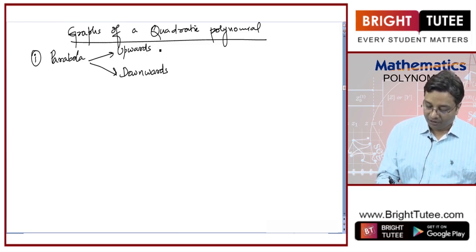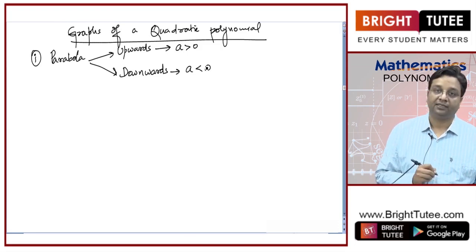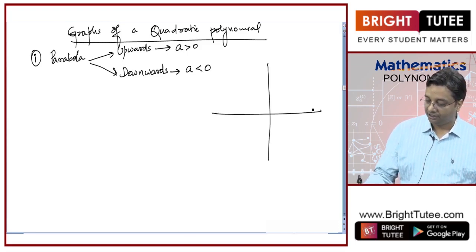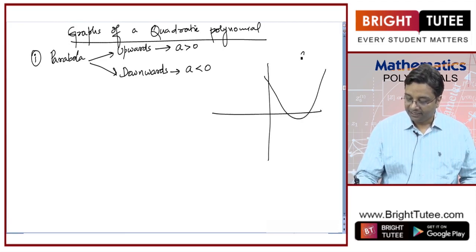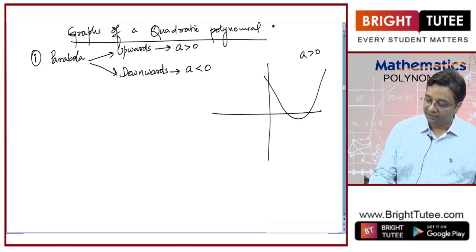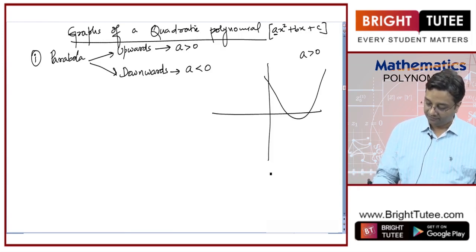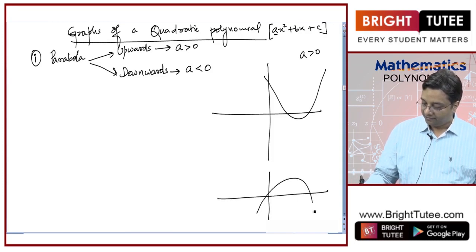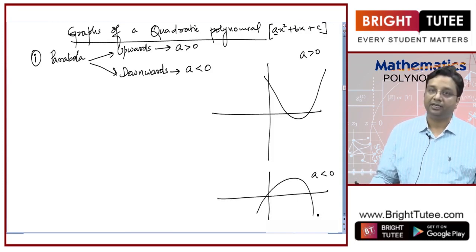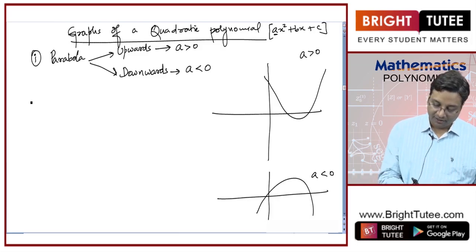A parabola will open upwards if a is positive, and it will open downwards if a is negative. For example, in this case a is positive, where I am considering the quadratic polynomial as ax square plus bx plus c. If a is positive, it will open upwards, and if a is negative, it will open downwards. So it is opening upwards, it is opening downwards. Secondly,